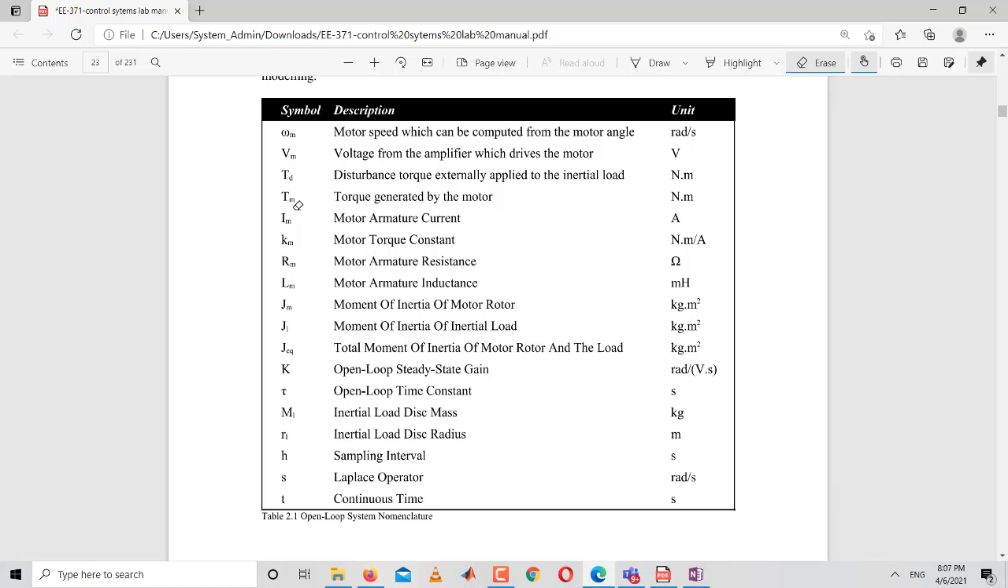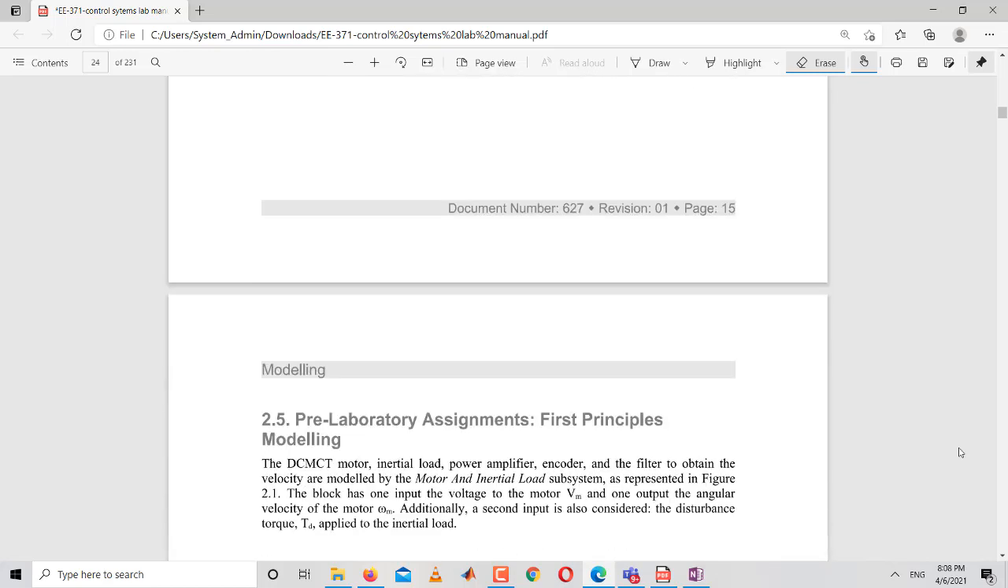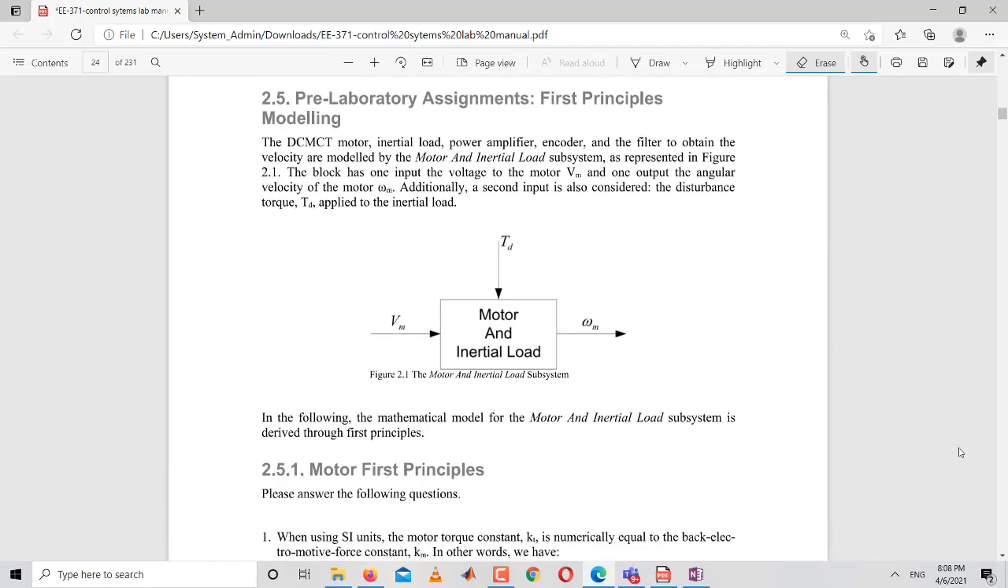here. Then there is the motor armature current, the current that is experienced by this motor. Km is the motor torque constant, R is the resistance, and capital L is the motor armature inductance. So these are the quantities, or the parameters, that we are going to use in the first half of the lab today. Now let us come to the